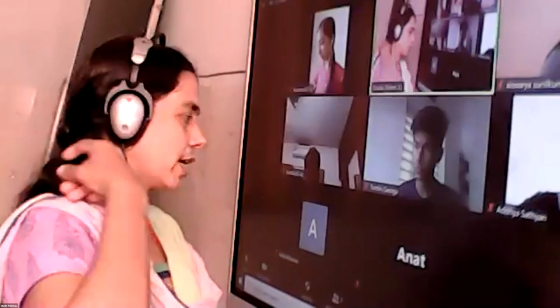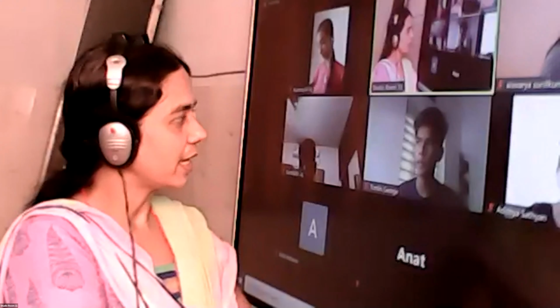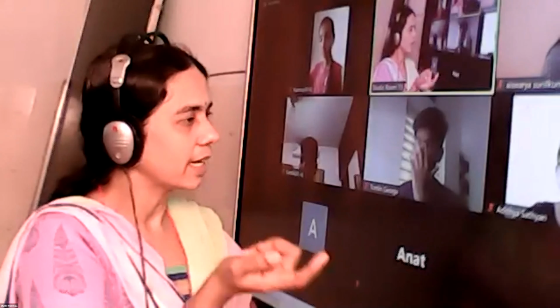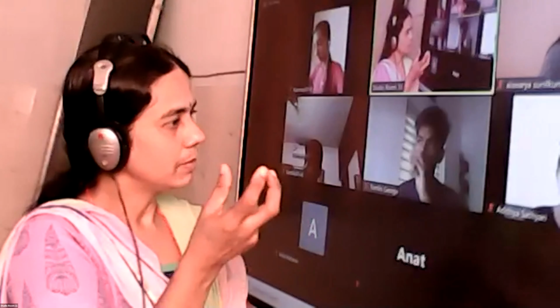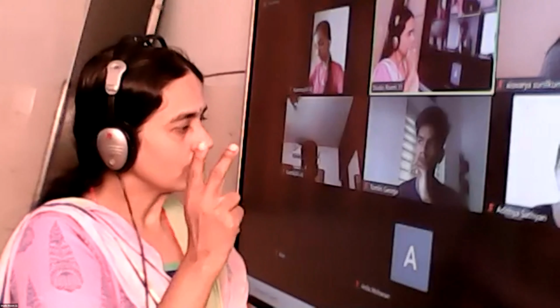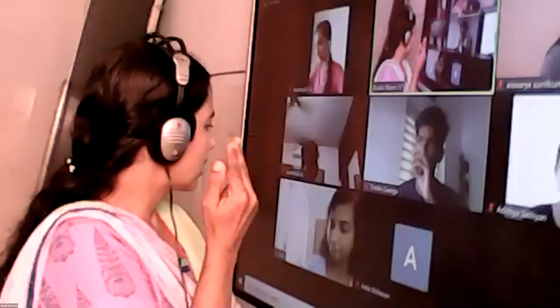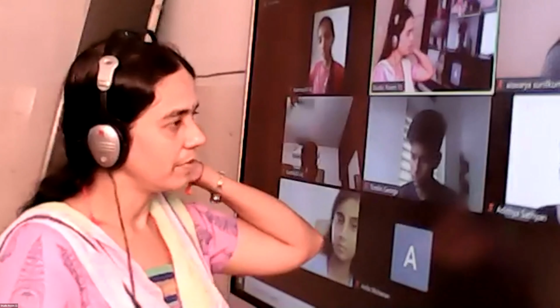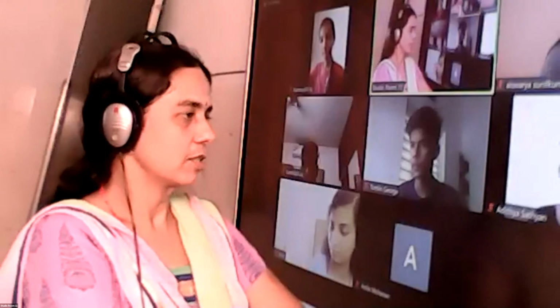Okay, so good morning. Let's recall what is meant by covariance. We are taking bivariate data, two variables, x and y, like height and weight of the same person. We take two measures at a single time and compare how they are related. That relation only we compare, we relate it. And we have learned about covariance.